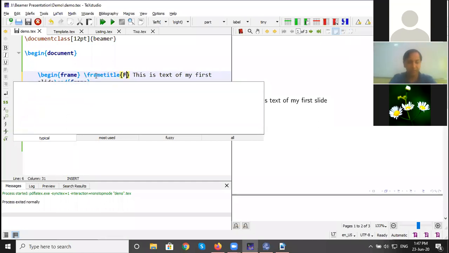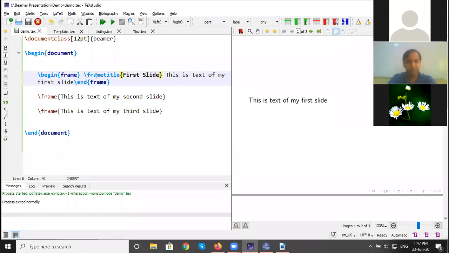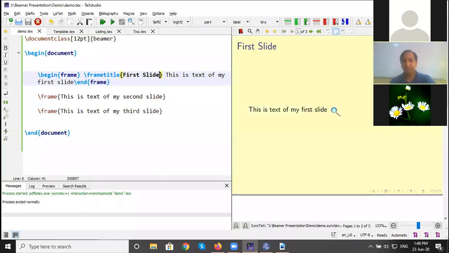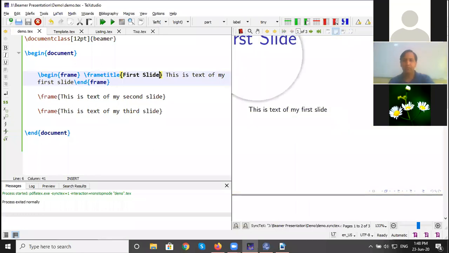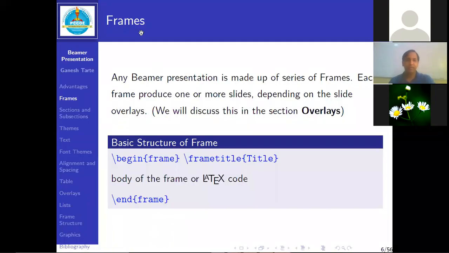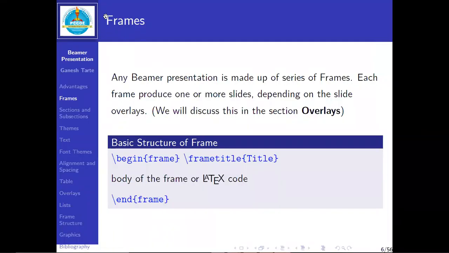Suppose the frame title is 'first slide', and if you run it, we see in the output the first slide, which is the title for that particular slide. So I added the title for my current slide as a frame.